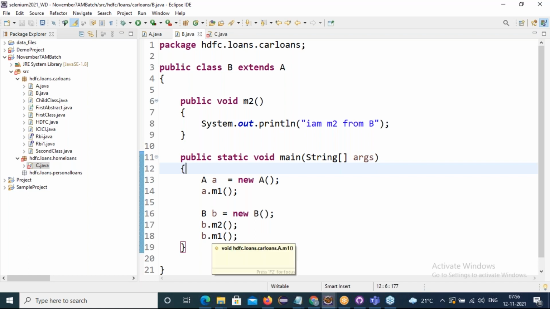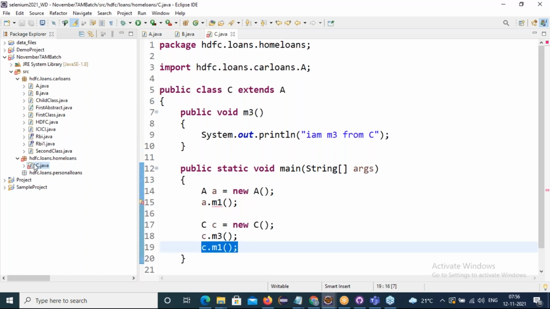Coming to the different package class which is C, in this C class I can access only with the child class reference, not with the parent class reference, for protected methods. Understood?